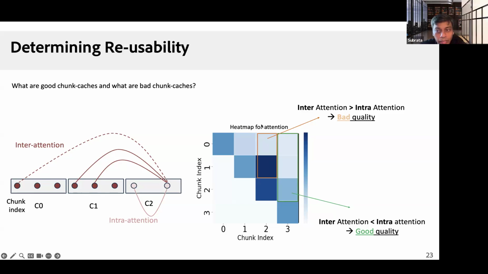So by this ratio of intra-attention over inter-attention, we can find out how much the tokens in the chunk were influenced by the tokens from the prior chunks, and based on that influence, we can calculate whether the chunk is sort of pure or sort of corrupted. And then based on this marking of pure and corrupted, we decide whether the chunk can be used or not in a new context. So corrupted doesn't mean we cannot use that chunk. Corrupted just means that we need to fix those corruptions with some additional compute